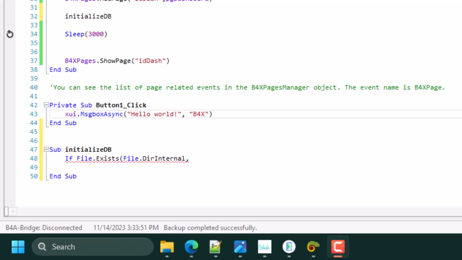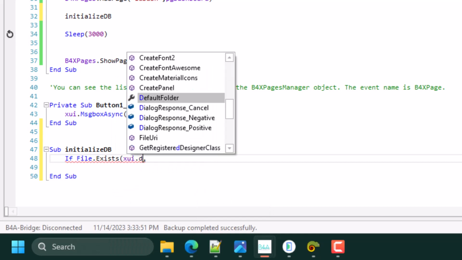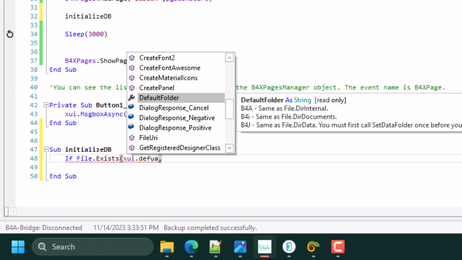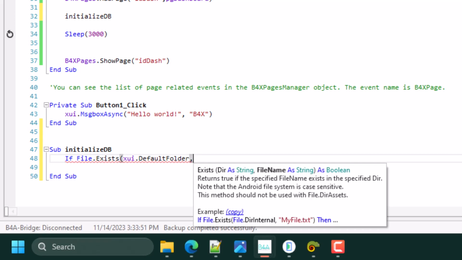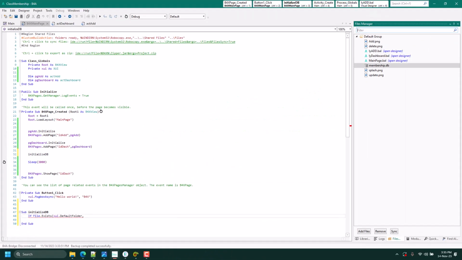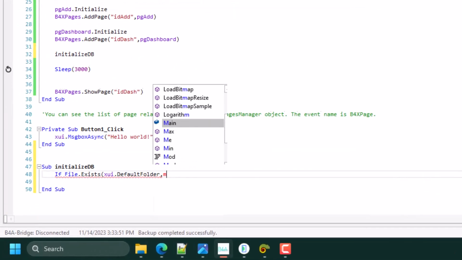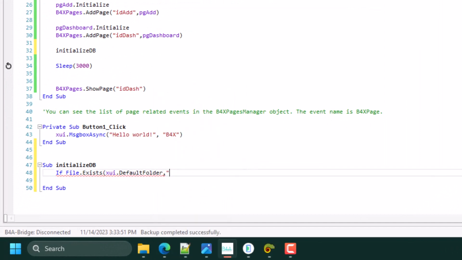So let's go to XUI.DefaultFolder. This one. If this is it, B4A will point to internal, B4i to DirDocuments, B4J to DirData. Okay. So if it exists, the name is, let's check the name of the DB, membership.db, as a string, sorry, membership.db.